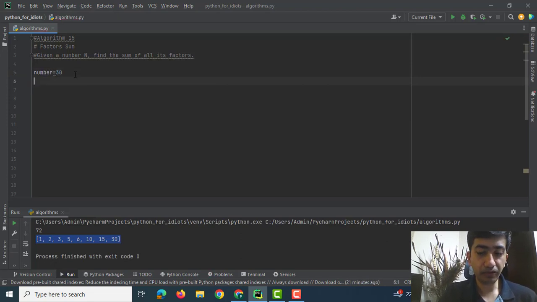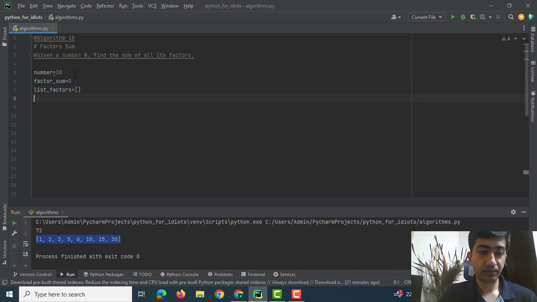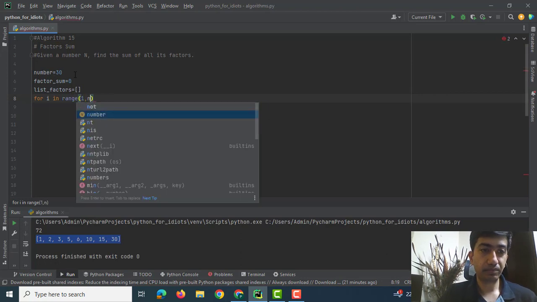I make a variable of factor sum, and I make a blank list factors, then I make a for loop for i in range 1 till number + 1,